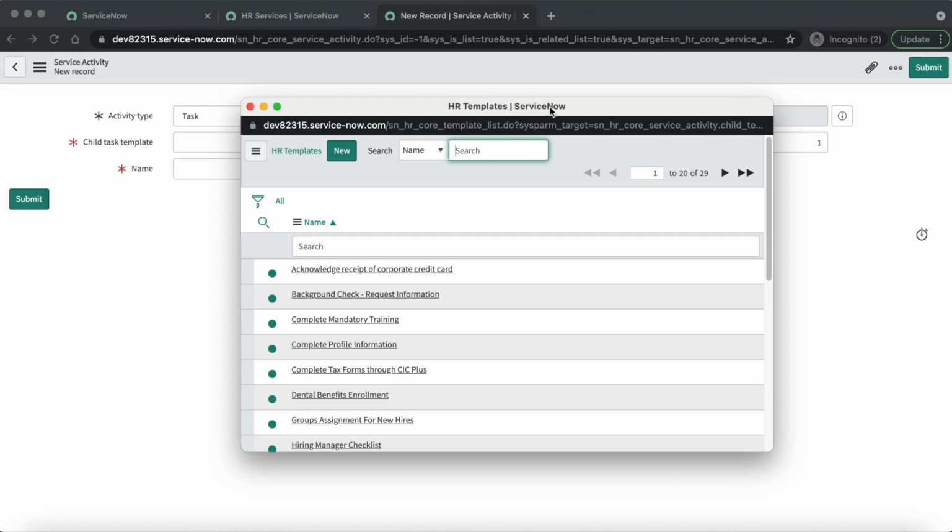So if you want to make any HR template a child template, you will have to provide a parent case table in that HR template. So let's select a template from here and open it and verify, like complete profile information.